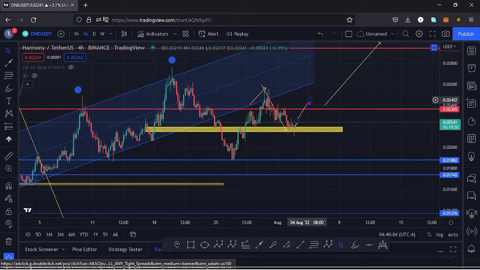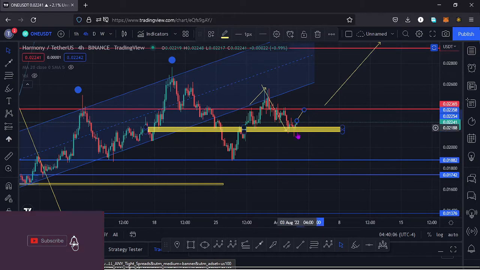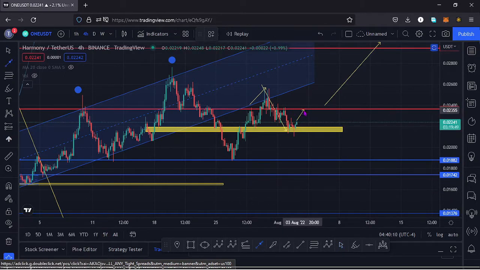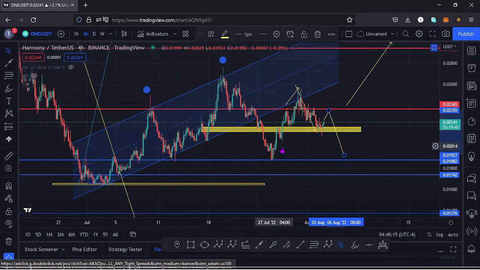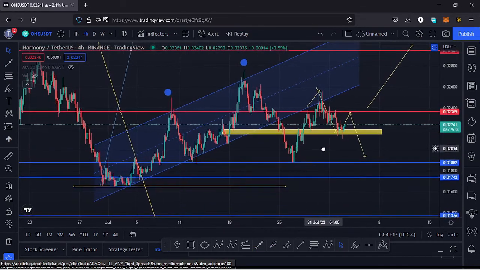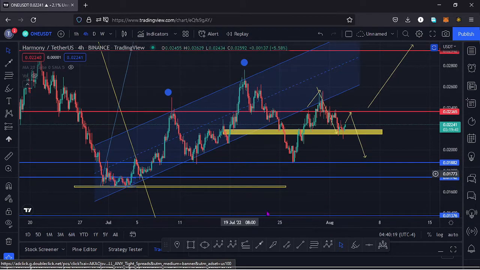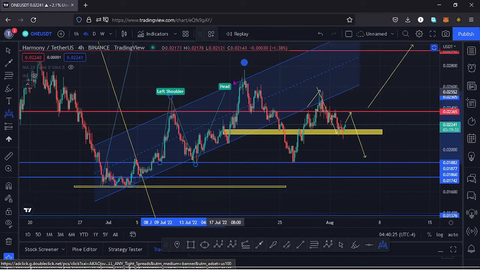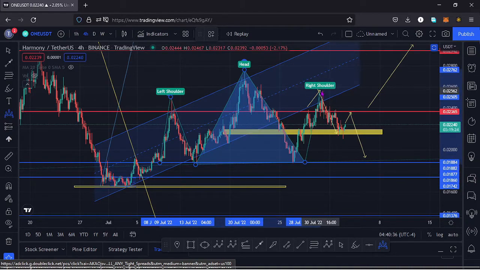And in case that happens and we get rejected and have a massive pullback to the lower side, this will be completing a formation of a chart pattern on this chart, which is a head and shoulders pattern. And if I draw it out here on the chart, we can have this as the left shoulder, then the head is up here,